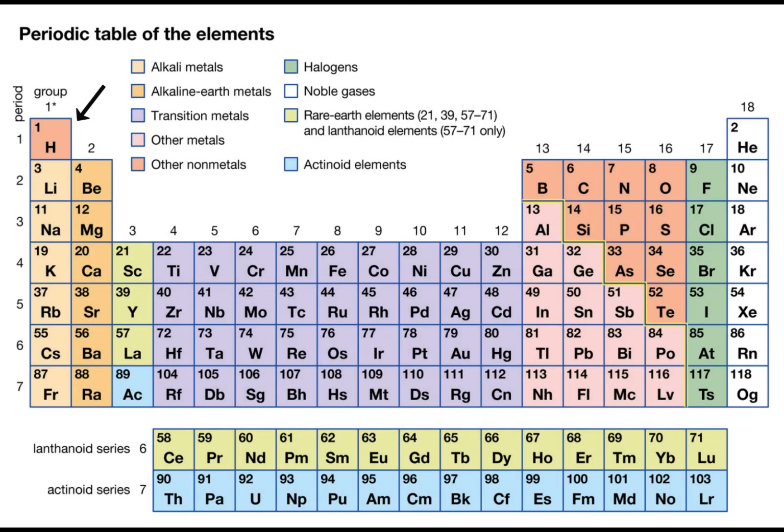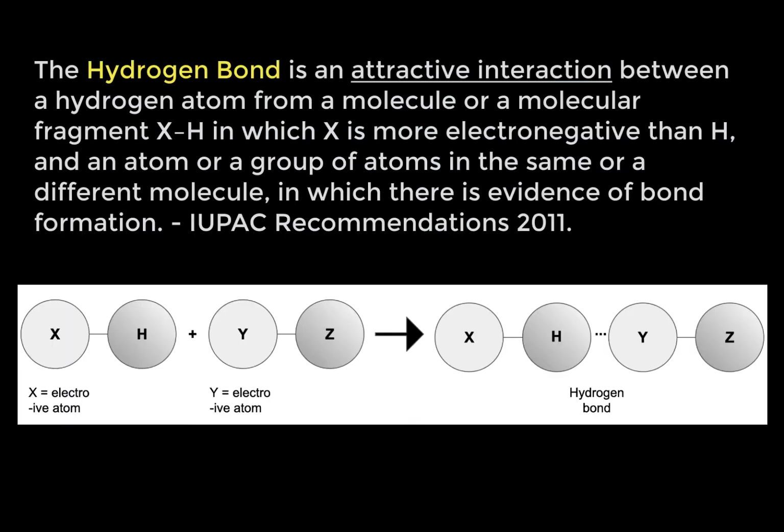Hydrogen is the lightest element in the periodic table. When hydrogen atoms are positioned between two electronegative atoms in a very specific way, they form hydrogen bonds. The hydrogen bond is an attractive interaction between a hydrogen atom that is covalently linked to a more electronegative atom,